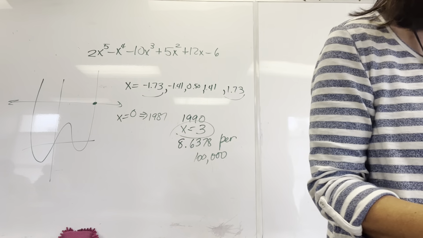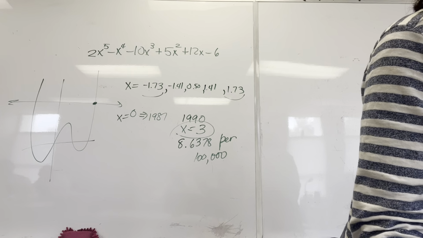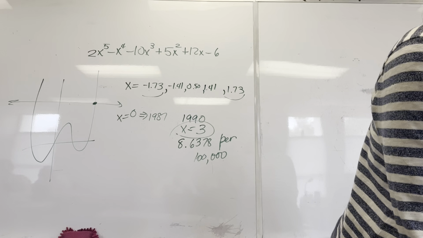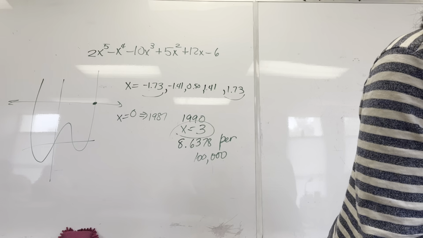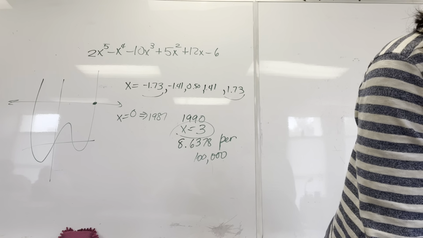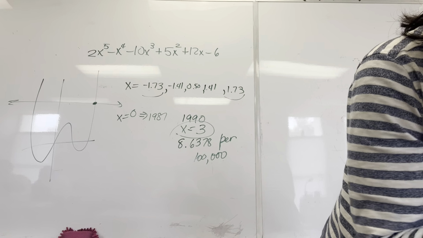All right, so y sub 1 is the equation: x to the 4th minus 0.0233x cubed plus